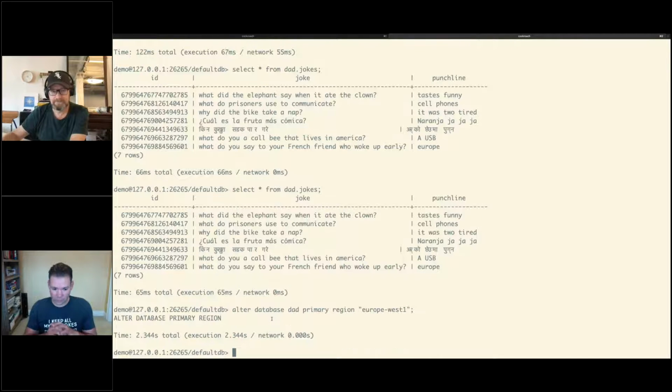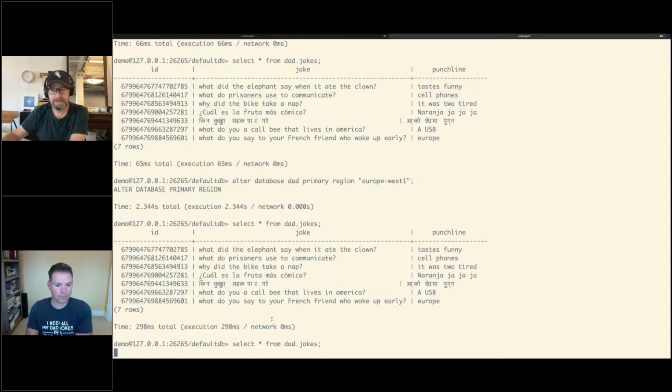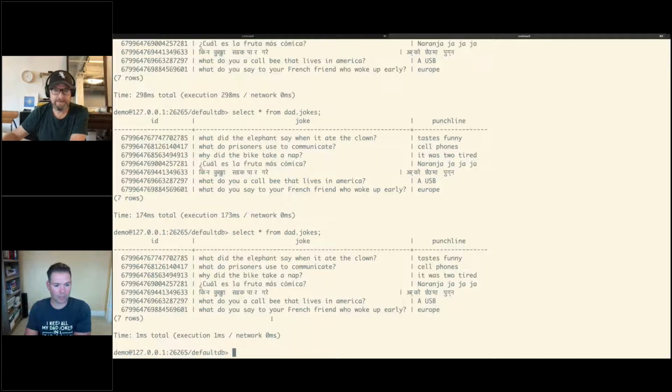It doesn't shut the database down or anything, but it will slowly move what we call the ranges in the background and the leaseholders. Those are basically the way that we shard all the data in the database and then pick leaders as far as who's coordinating the reads and writes of the data. We'll start moving those things into Europe West so that Europe West can actually become pretty snappy. And this takes a few seconds to happen.